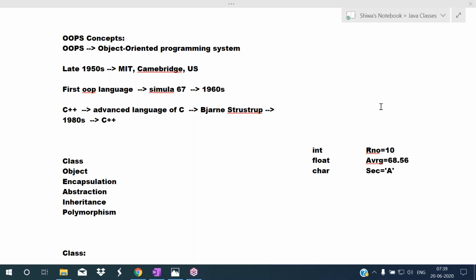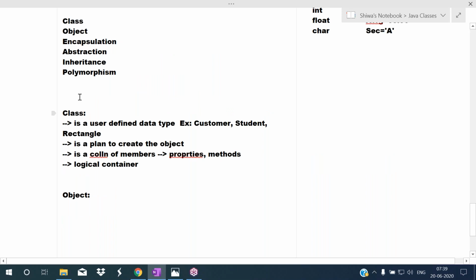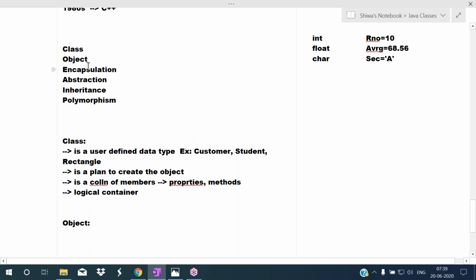Later, in the 1980s, the C++ language was introduced. This C++ is the first famous object-oriented programming language. Then what are the OOPS concepts? Only four concepts are there. What are those?